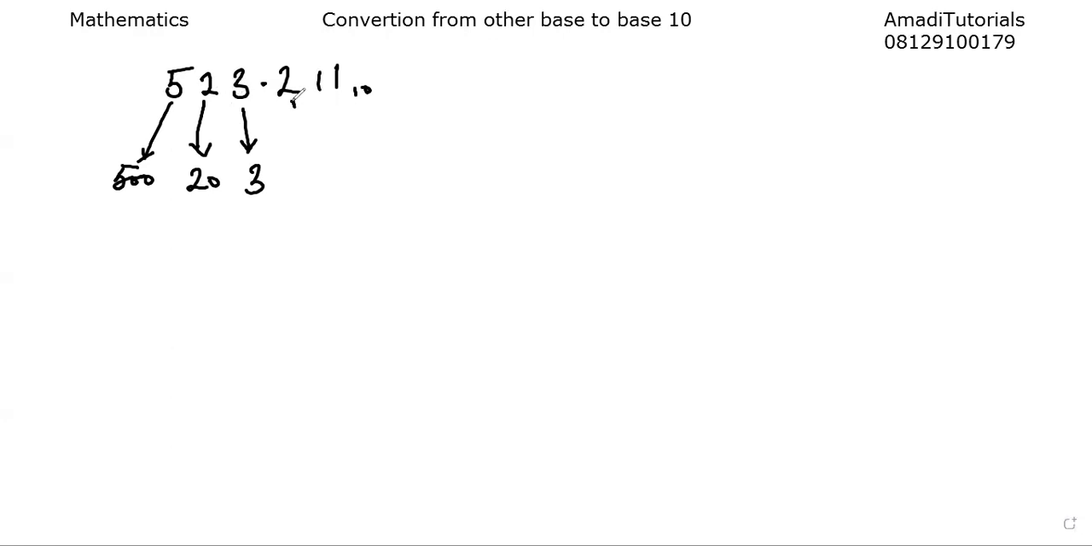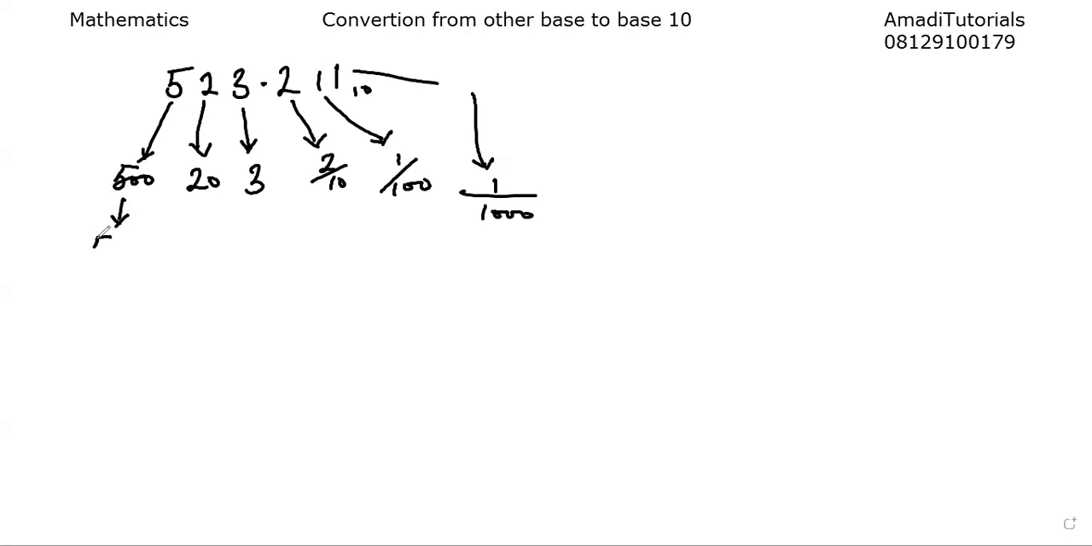And then the numeric value of 2 after the decimal point is 2 over 10, or 2/10. And then 1 there is 1 over 100. And this last one is 1 over 1000. So if you express all this in standard form,